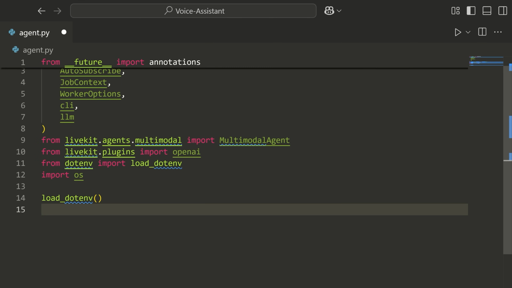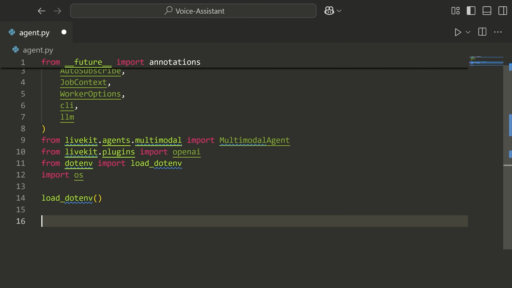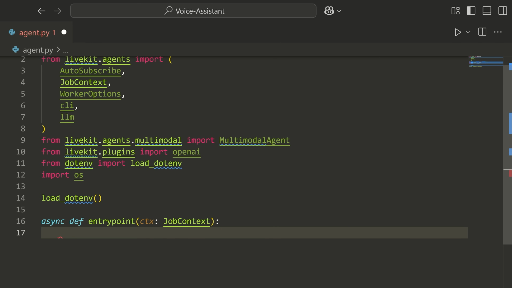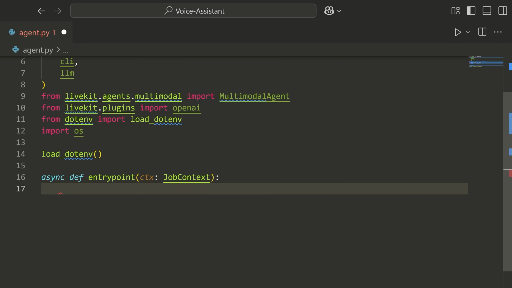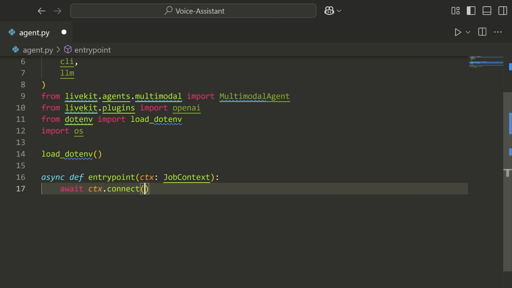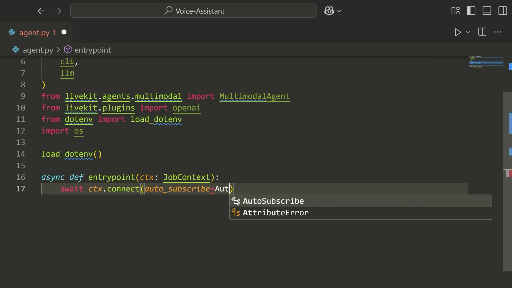Okay, perfect. So now that we've done that, we're going to start defining some functions that we'll need to use. So we're going to define an async function, and we're just going to call this the entrypoint. Okay, then we're going to take in some context, and this is going to be a JobContext from LiveKit. The first thing that we're going to do inside of this file is wait to connect to LiveKit. So to do that, we're going to say await ctx.connect, and we're going to say auto_subscribe is equal to